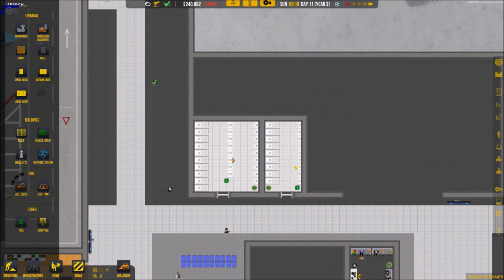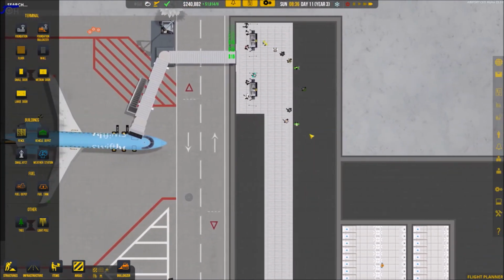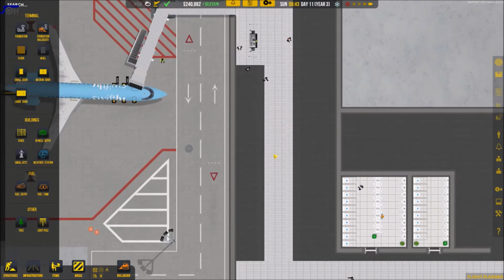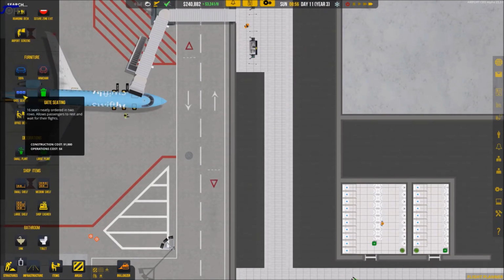And then next will be to build a shop over here maybe? Or better yet, a restaurant. Give somebody someplace to do some eating a little bit. And then we can start building out our gate areas over here. As a matter of fact, let's take a look at...